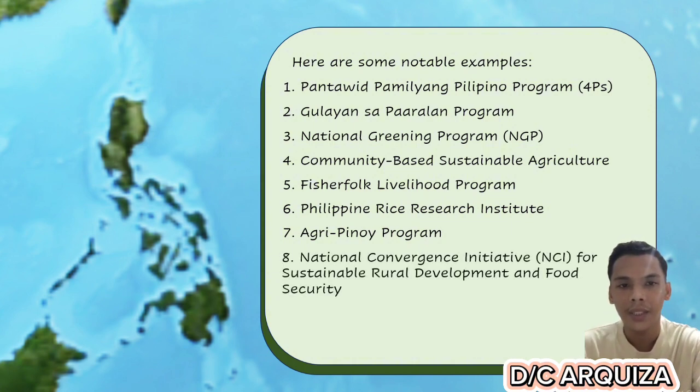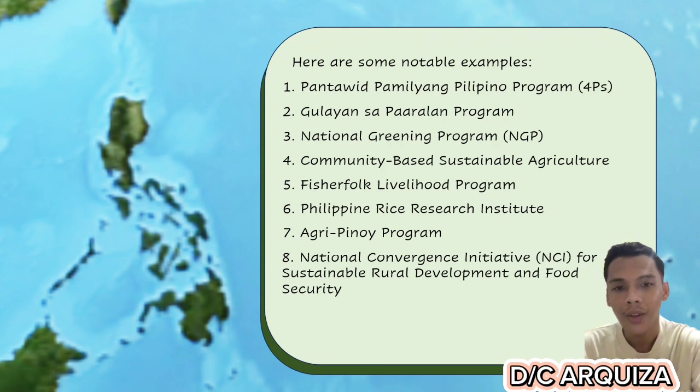Number 8, the National Convergence Initiative or NCI for Sustainable Rural Development and Food Security. The National Convergence Initiative or NCI for Sustainable Rural Development and Food Security is a Philippine government program that aims to address poverty, hunger, and underdevelopment in rural areas by converging resources, efforts, and programs of various government agencies. The initiative seeks to promote a holistic and integrated approach to development, emphasizing collaboration among different sectors to achieve sustainable rural growth and